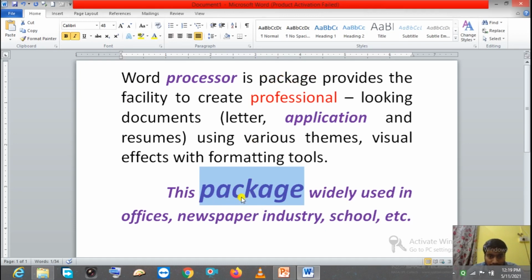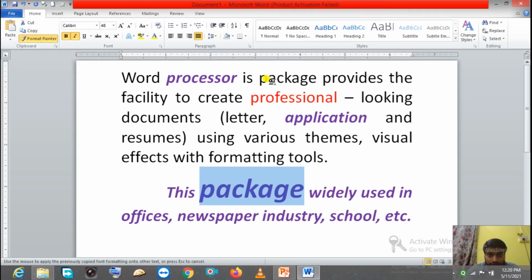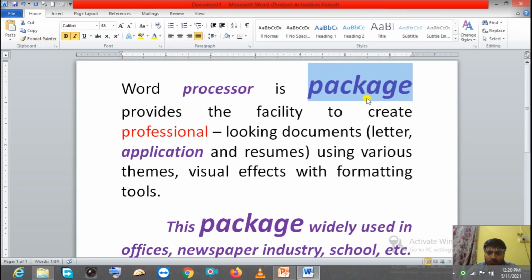So first select the word from where you want to copy the format, then click on this format painter, which you can find in the Home tab, then bring the cursor near the particular word or sentence where you want to apply it. Then press the left button of the mouse and drag over the word where you want to apply the same format. Now you can see this package also changed according to this package. Clear? So this is how we can apply format painter.